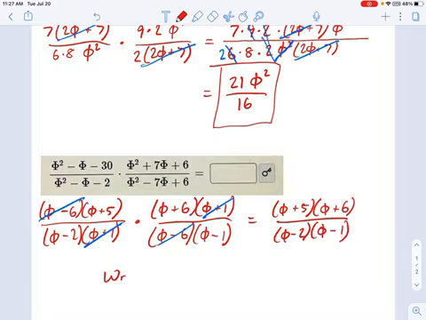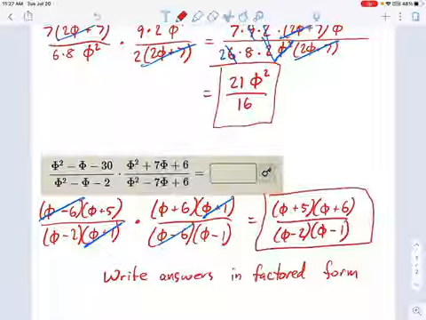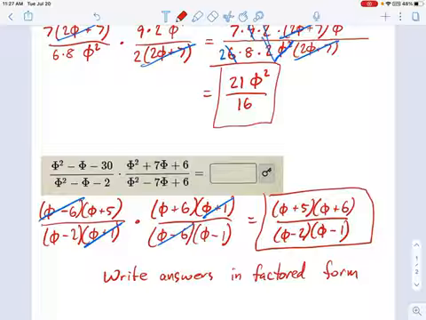And just a helpful hint, you should probably write your answers in factored form, okay? Because the computer may not recognize what you write if it's not in factored form. It's expecting that. And if you write it in standard form with phi squareds and all that, it may get a little confused. It may think you're trying to fool it by just giving it the original again. So make sure your answers are in final factored form.